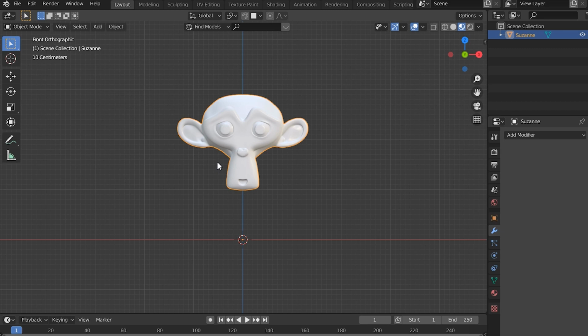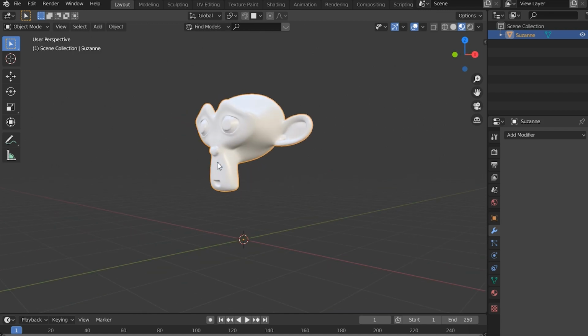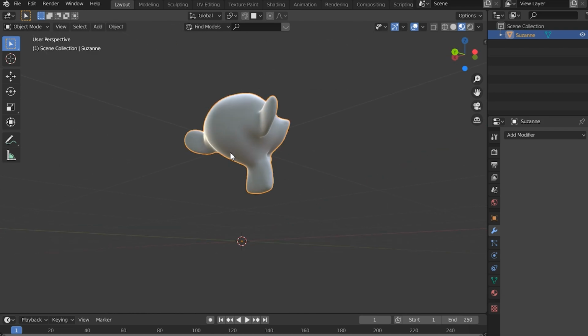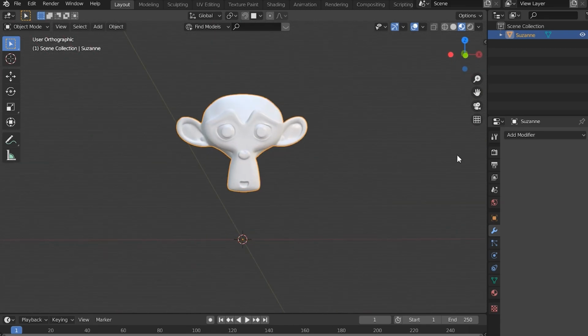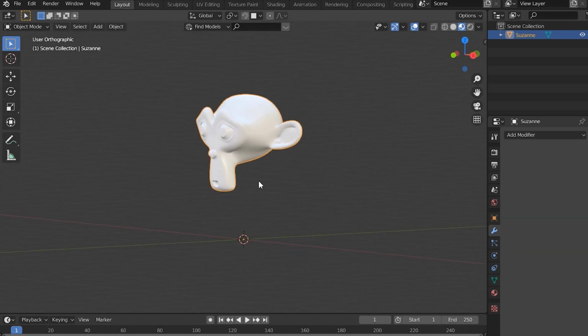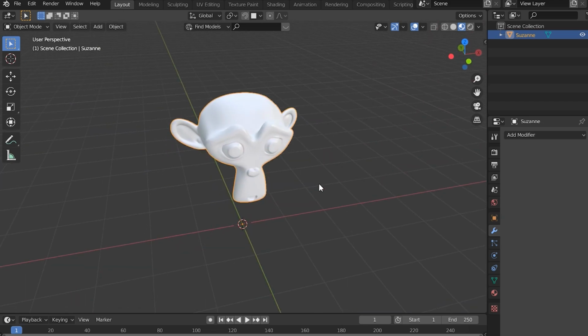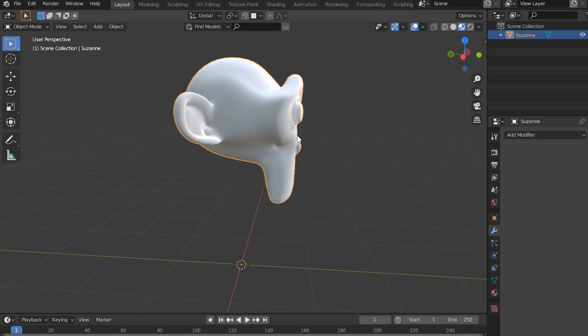Now you can also use 2, 4, 6, and 8 as up, down, left, and right keys to orbit. So you can orbit this way with 4, you can orbit this way with 6, up and down with 8 and 2. You can also use 9 to orbit the opposite way of where you are now. 5 is going to turn it from orthographic to perspective view. Make sure that if you're editing a lot of things in orthographic view that you often press 5 to change it into perspective view so that you can see the warping and the different things it's going to look like when you're actually in perspective.